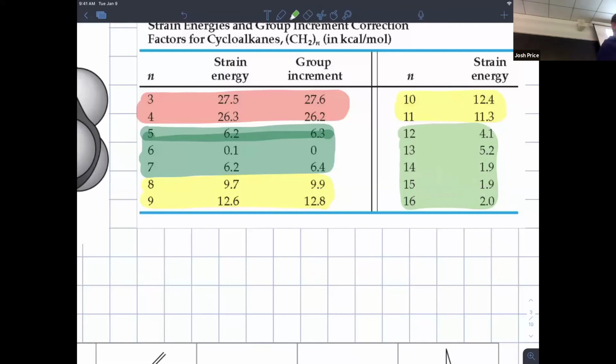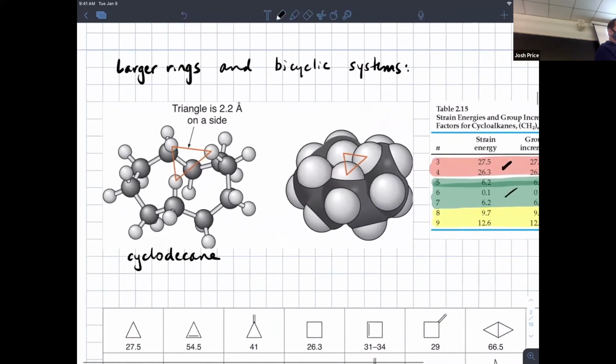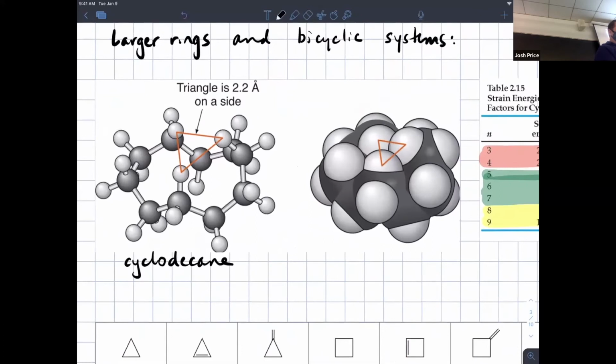So we understand why those 2 are strained. We understand why these 3 are okay. What's going on with the larger rings experiencing some strain? So it's hard to see this without a model. Here is an image of cyclodecane, and they're showing you one particular conformation of the ring, but what they're saying is it's really hard to avoid